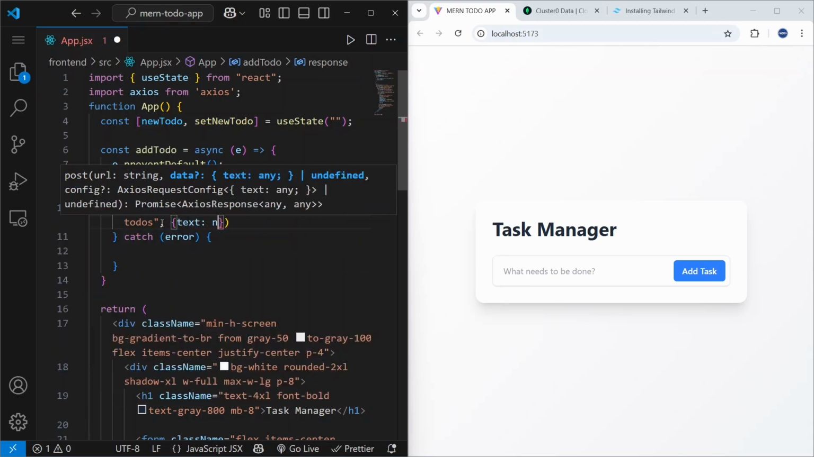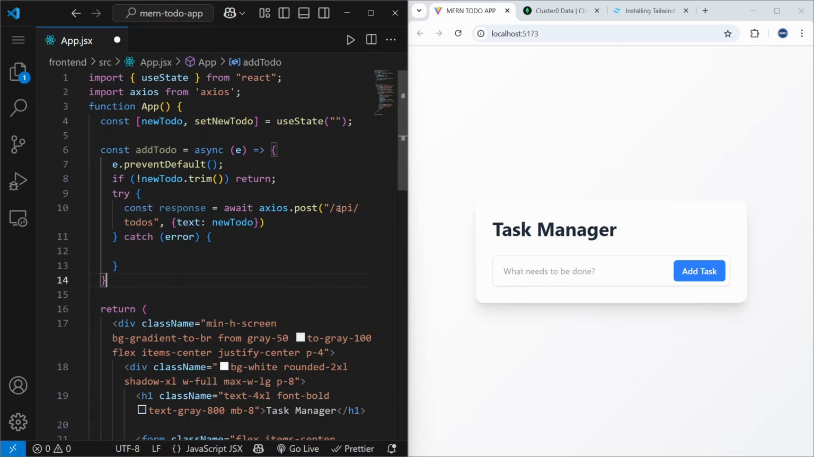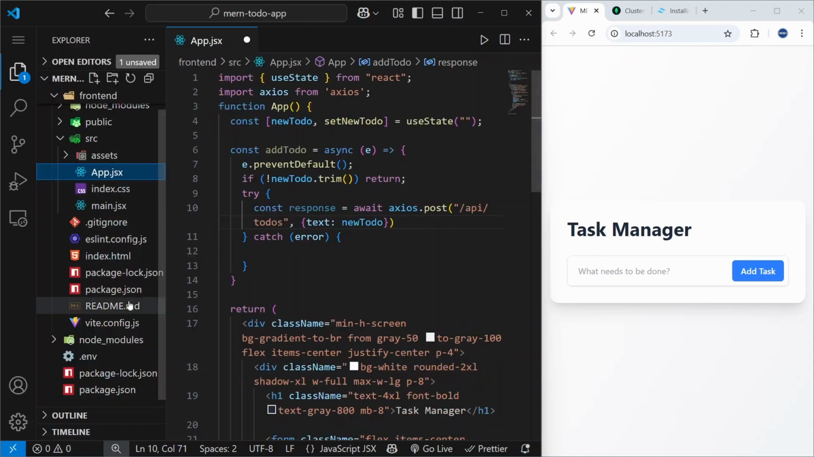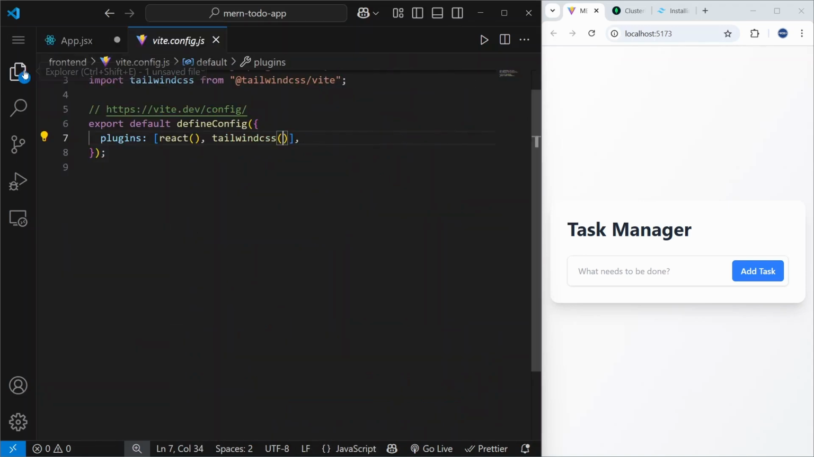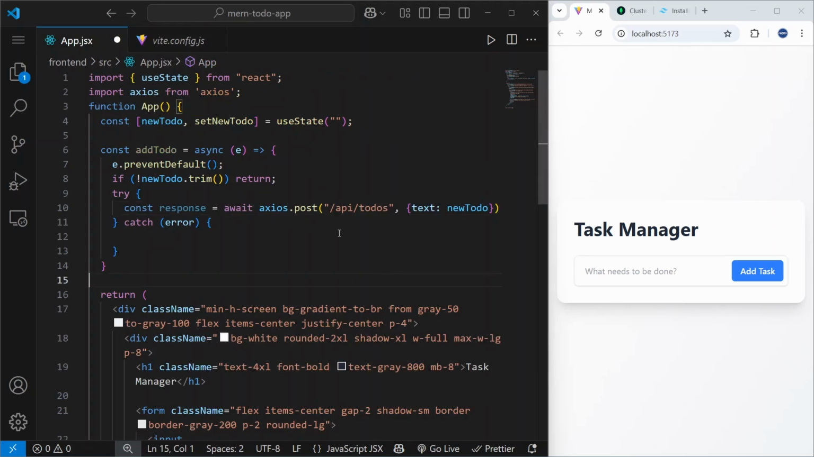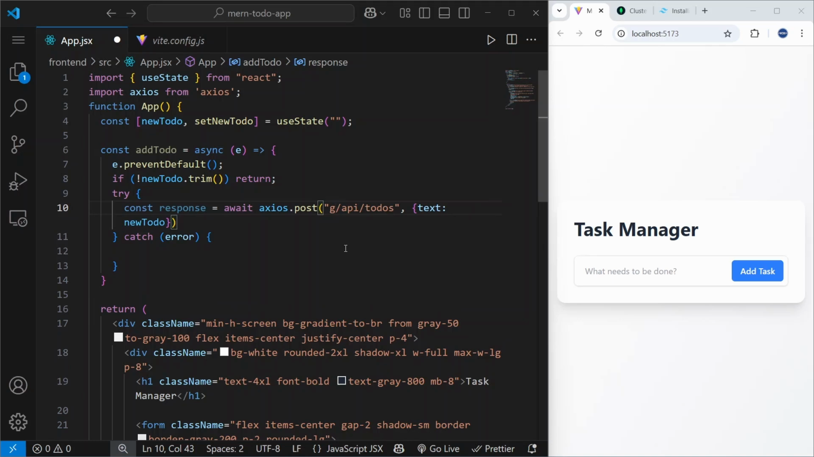It will be this new to-do. So as you can see, here I wrote this API to-dos, but it will not work. We need to make some changes in our vite.config.js file. So you may wonder why I said that this will not work. It is because we didn't provide the full path. So if we wrote here something like this,